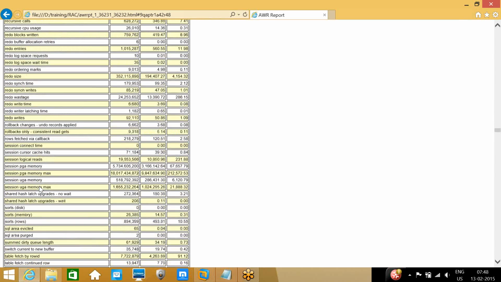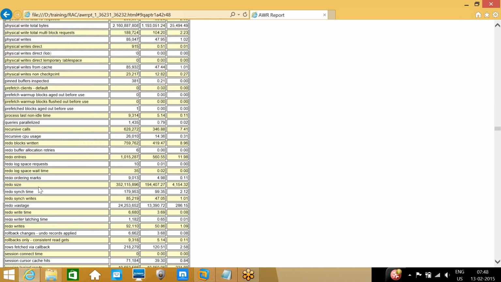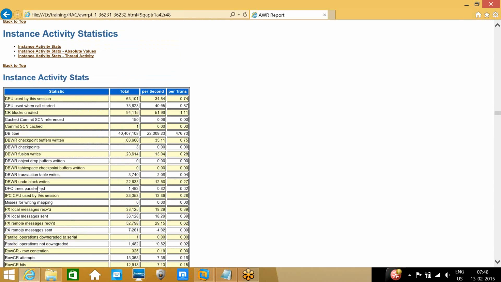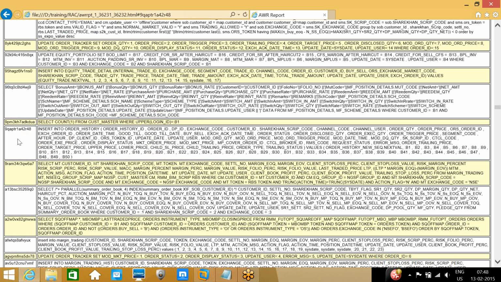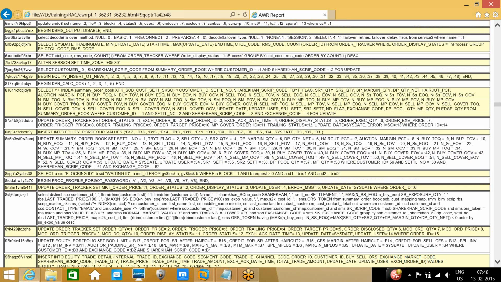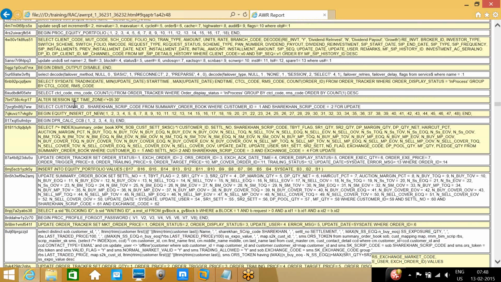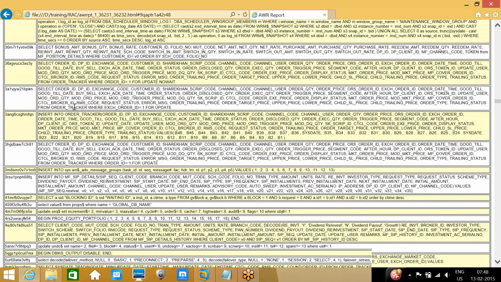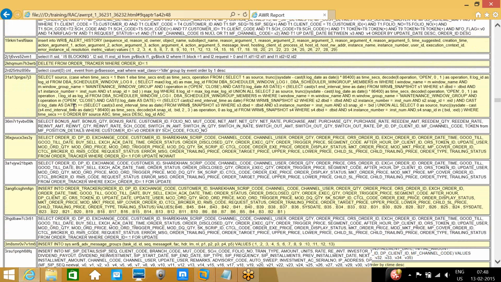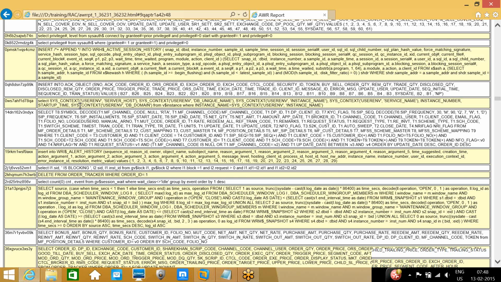Or else, from that SQL you can take the table name and search for the table also. The table name is order_history, right? Yeah.